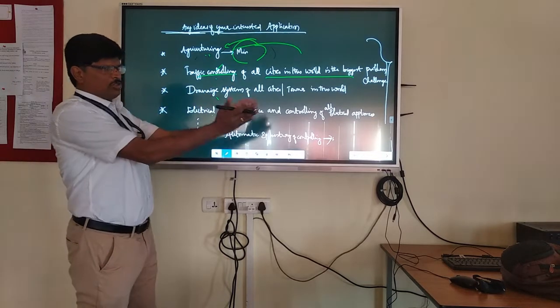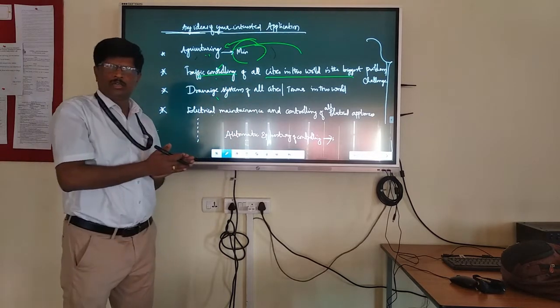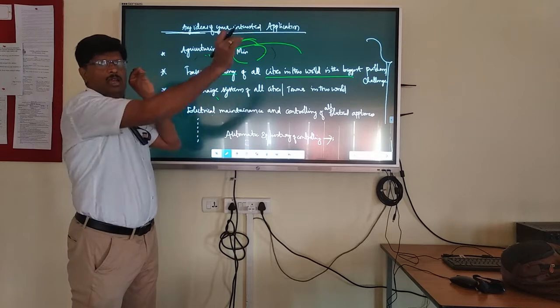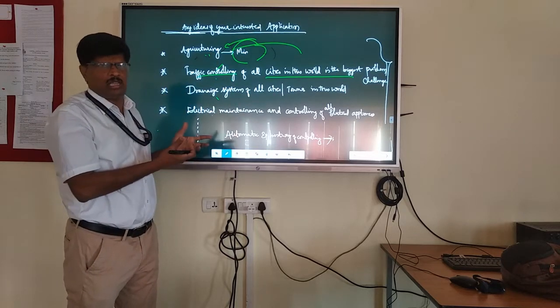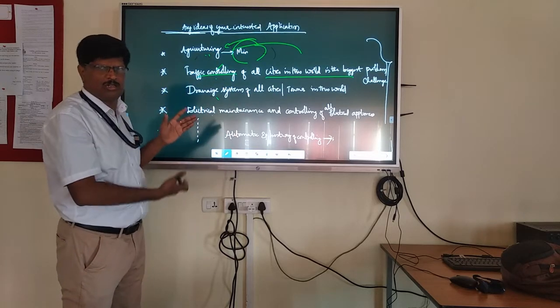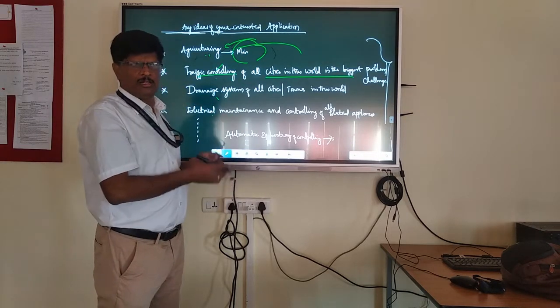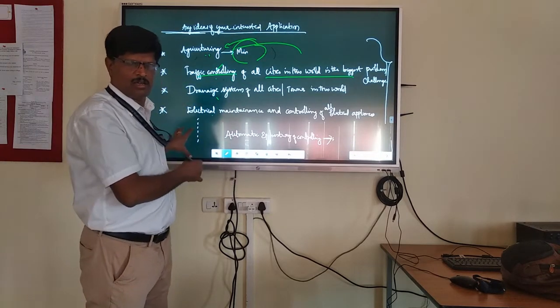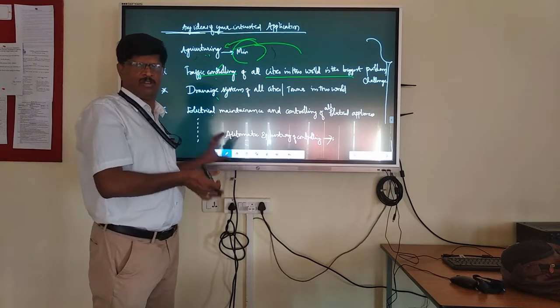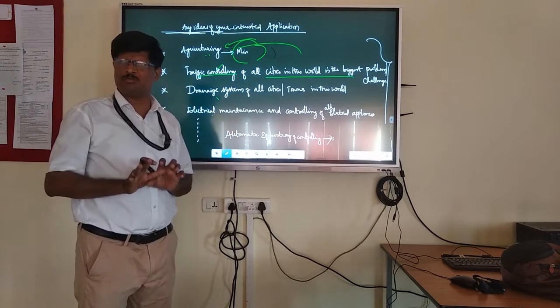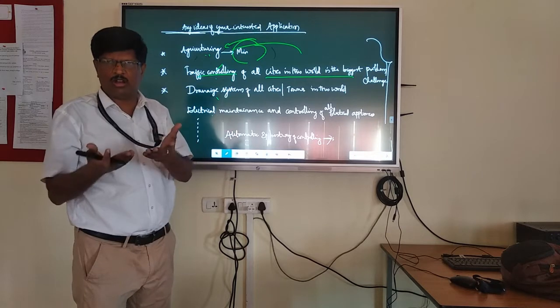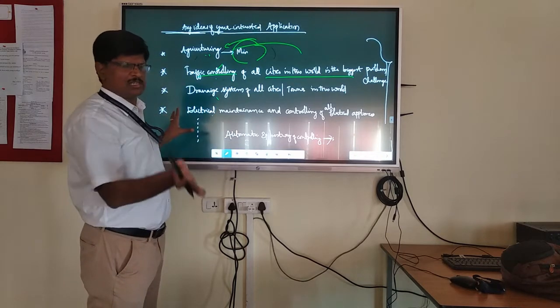Like this, you attach your engineering to the applications and give a title. Then based on that, write the abstract, introduction, hardware, methodology, software, results, discussions, the conclusion, and in the end references. That is called an IEEE paper presentation. Whatever work you do, present it as a paper.